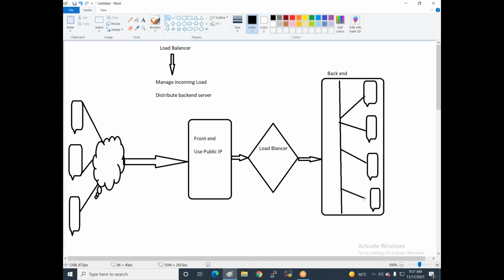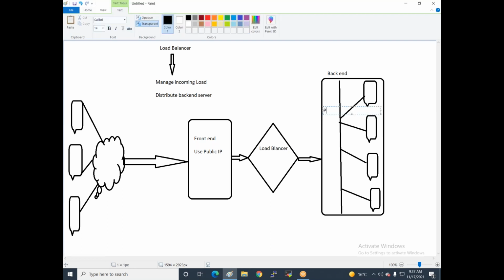You connect the servers in whichever type of configuration you like. These servers use private IPs. The choice is yours: you can provide public or private IPs.